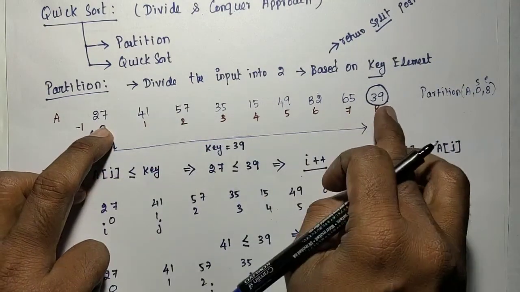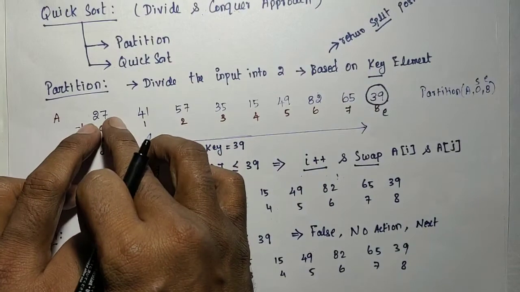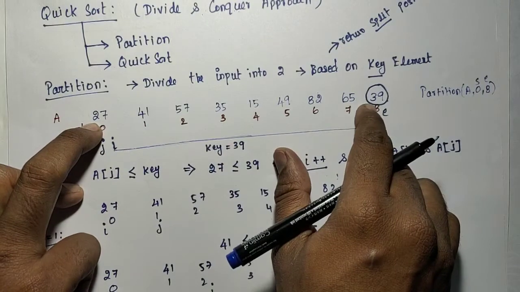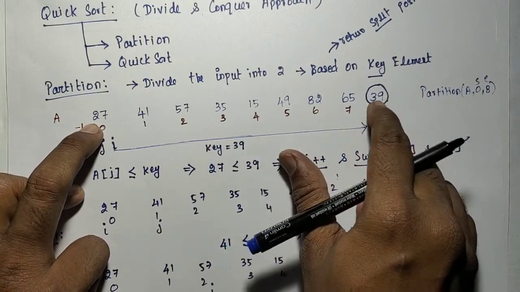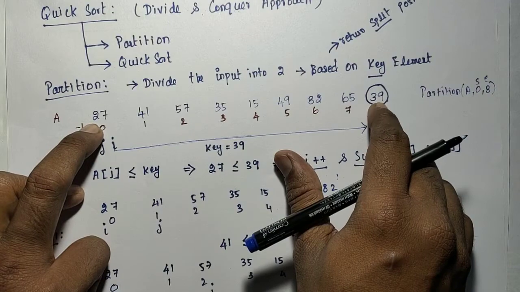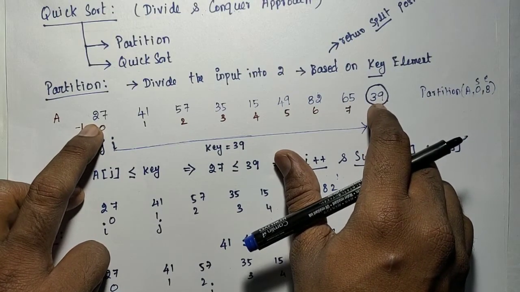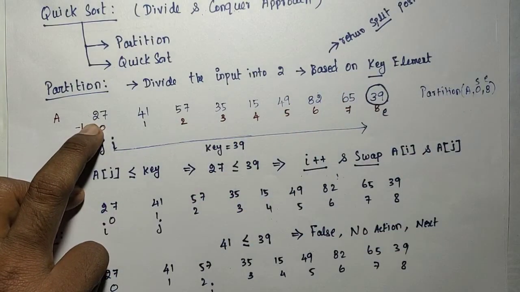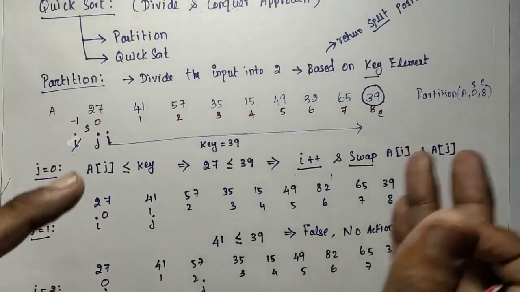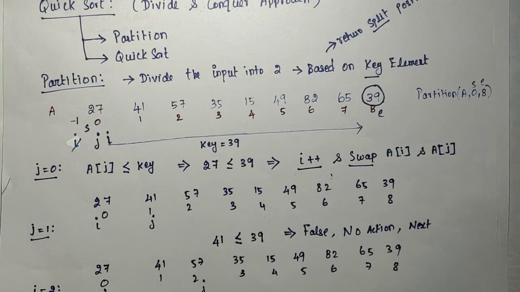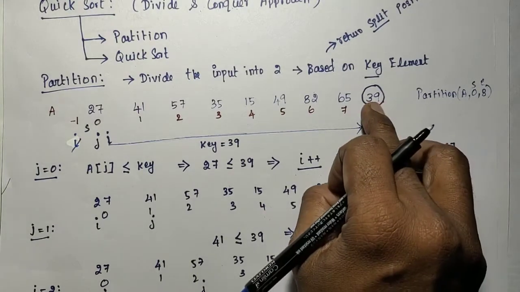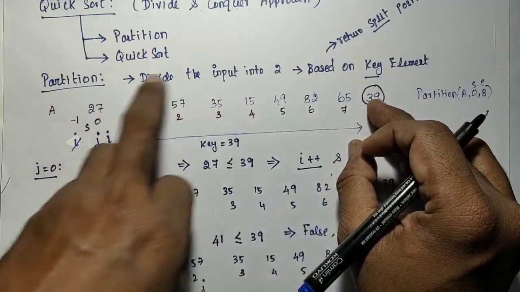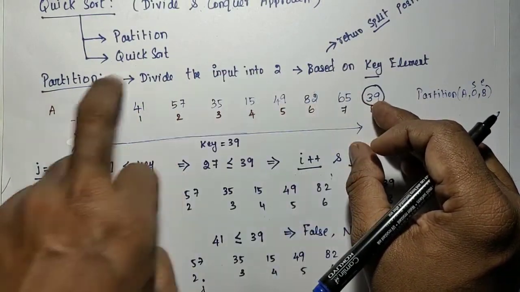We already discussed that it depends on the value of the key element. As per our algorithm, the last element is chosen as the key element. It means that no element is less than that last element, so the entire set of elements will go towards the second half, and no elements will be in the first half. In the other case, if for the key element 39 no element is greater than 39, all elements are less than 39.